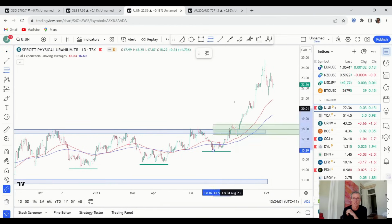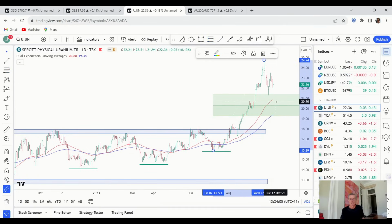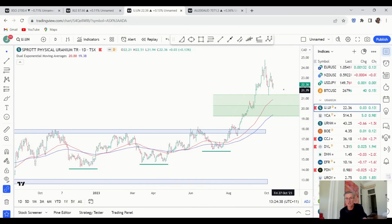Just putting on some Fibonacci's, you can see that if the price were to come back towards the moving averages, back into the Fib range, it's a bit below where current prices are, but not tremendously below. If uranium can find support, and I'm looking at the Toronto Stock Exchange listed Sprott Physical Uranium Trust when I talk about uranium, so if it can hold around, say, 20 to 21, go sideways for several months, I think that would be a good outcome. Look, I think this is one of the better medium to longer term setups in commodities. So it's one which I'm looking to hold, but of course everyone's got to make up their own mind what works best for them. Now we're going to get on to some Q&A in a moment, but first of all,